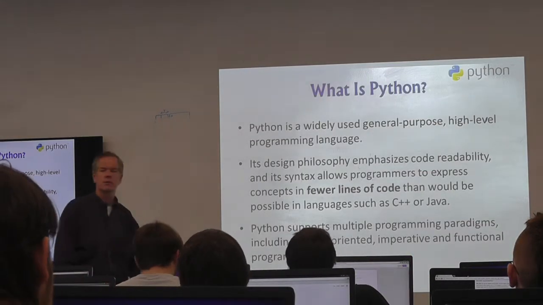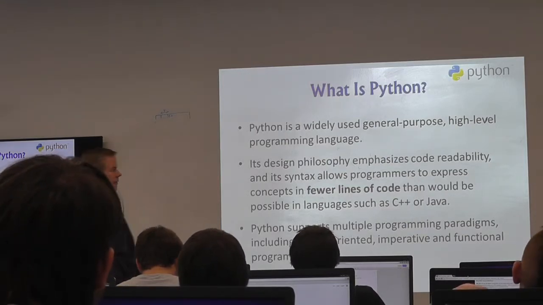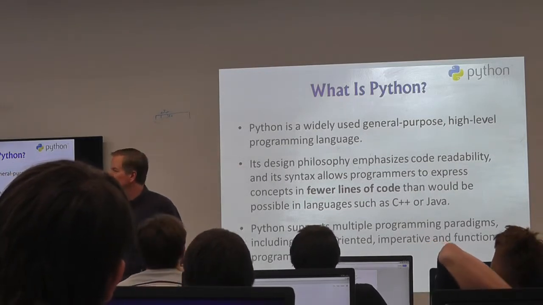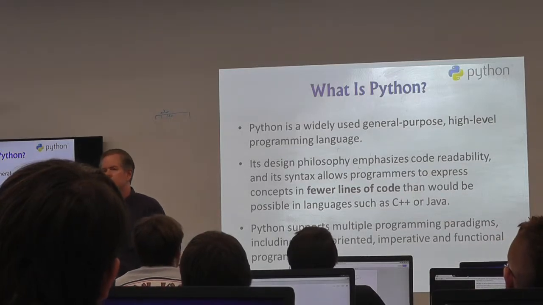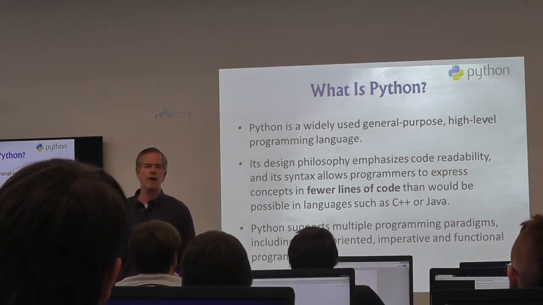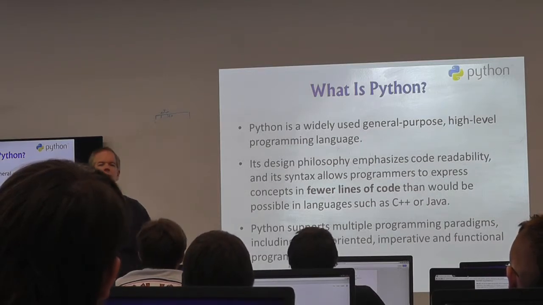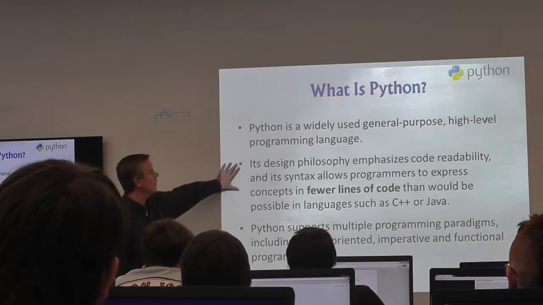What is Python? Since we've been talking about it enough, let's nail it down. Let's be real clear on exactly what this crazy language is. So first off, it's widely used. It's a general purpose language, which means it wasn't designed to do any particular thing. It was designed to do everything, right? It's not for number crunching. It's not for processing large databases. It's not for scientific computing. It's for everything. Remember, it was written by a guy who was a system administrator. Okay, its design philosophy